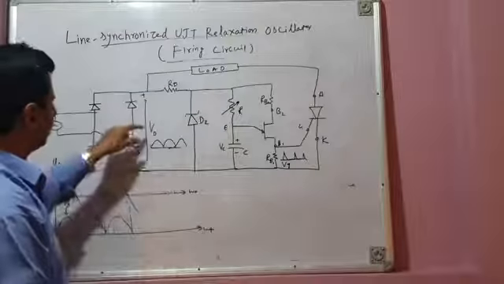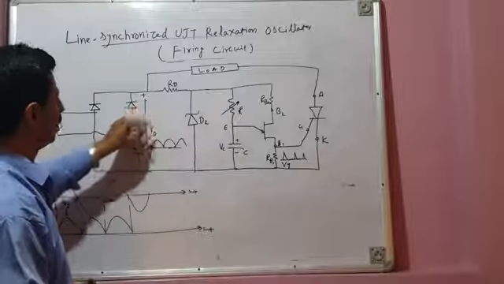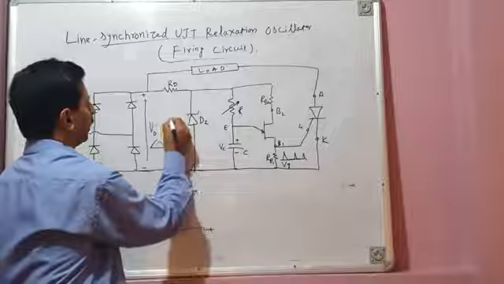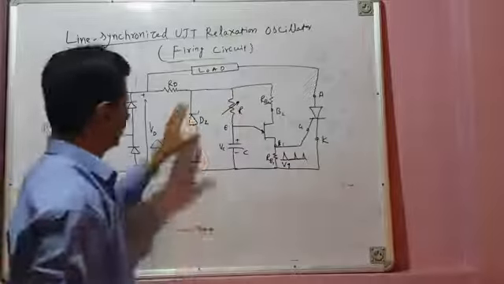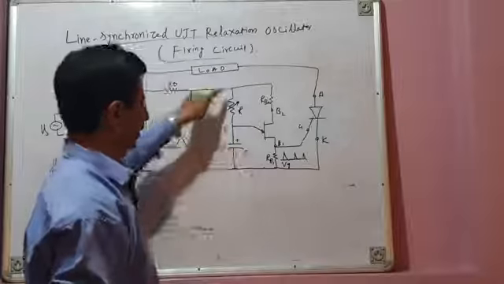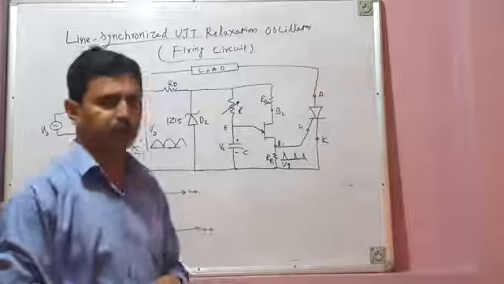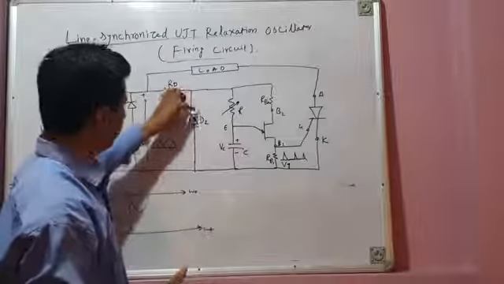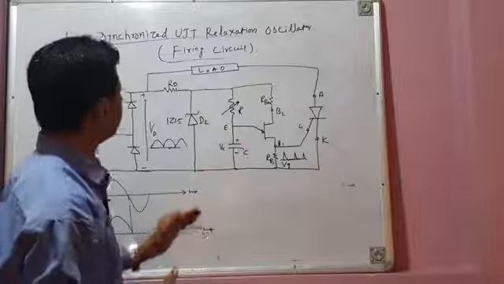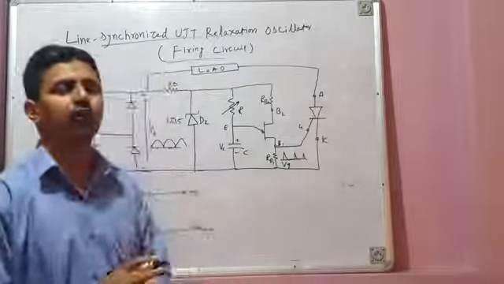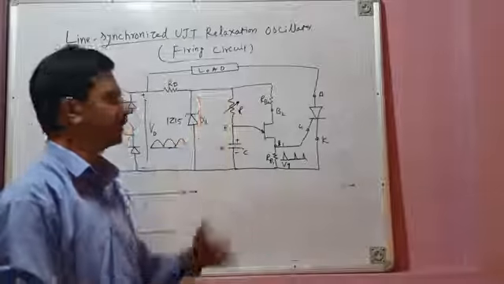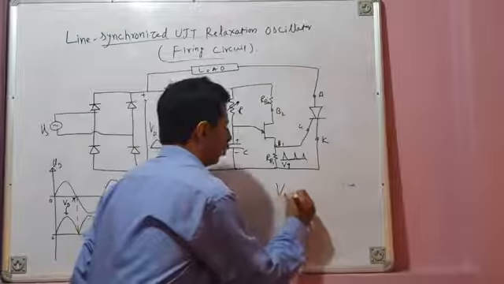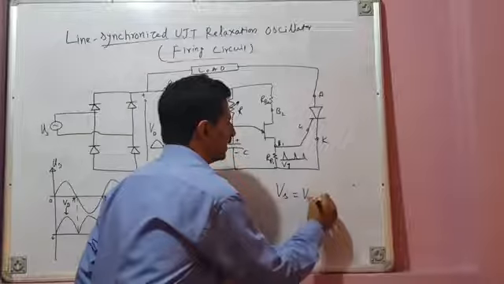See, for example, if this rectifier output voltage is 200 volts, and you have a Zener diode 1Z15 here, your UJT relaxation oscillator should have a DC source. So this DC source is provided by this Zener diode. What this Zener diode does, it clips the voltage. And you know what is the range of voltage to a UJT relaxation oscillator? 10 to 35 volts.